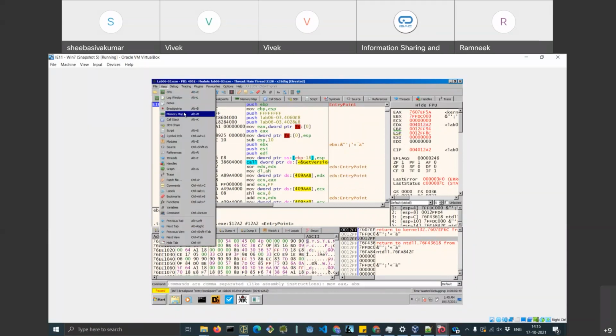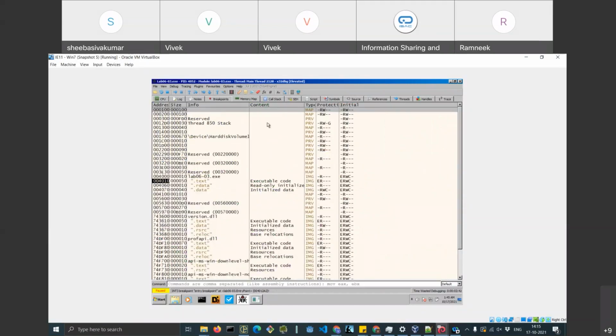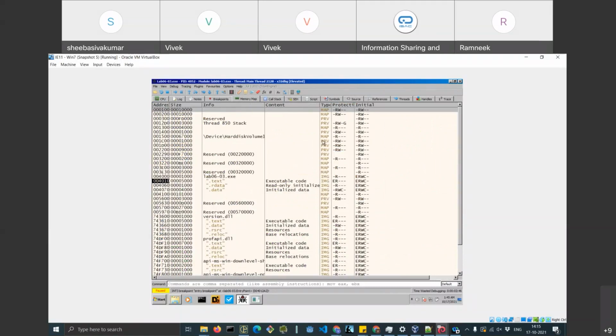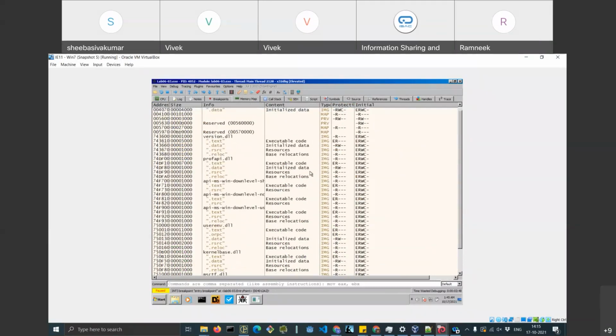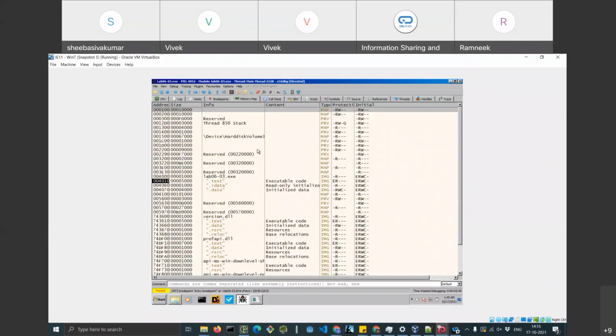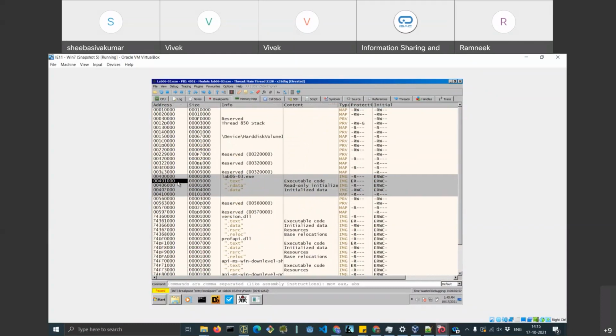We can see the memory map from here. The memory map is here. So you can see this is how a program actually looks like in the memory. You have your main module. You can see that it starts somewhere from 401000 and it ends at 407000 plus this 4000, the size.